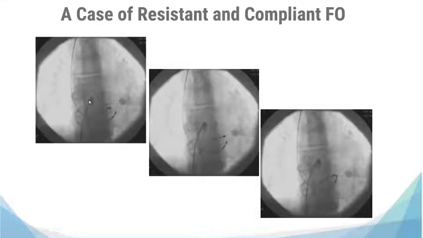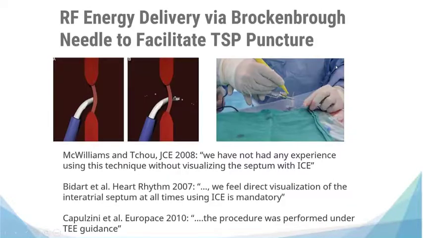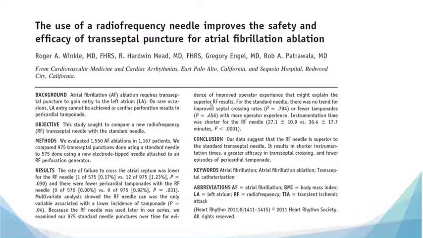You see here, in the old days, I stained the fossa ovalis with dye, and we can confirm that the needle is inside the fossa ovalis. I pushed a little bit more, but the fossa ovalis displaces, but nothing happened. The septum is not perforated. So what we can do in these cases, we have two options. We can use the needle with the RF, which has been demonstrated in prior cases that can be used successfully in this retrospective analysis,